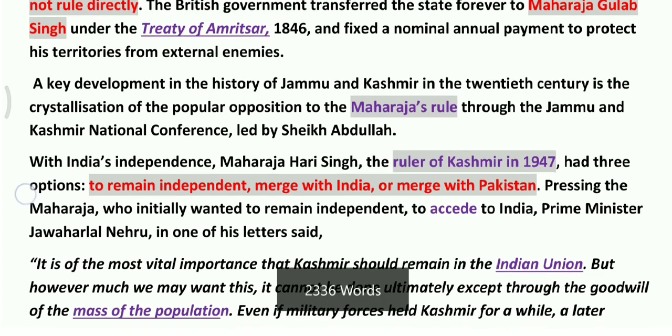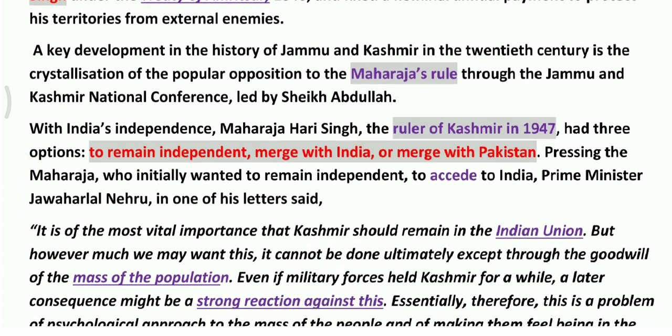With India's independence, Maharaja Hari Singh, the ruler of Kashmir in 1947, had three options: to remain independent, to merge with India, or to merge with Pakistan. Pressing the Maharaja, who initially wanted to remain independent,